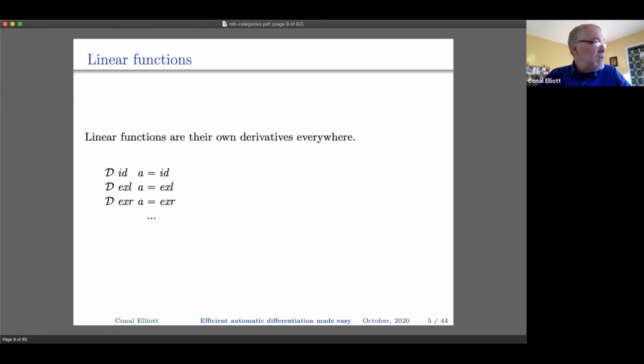In higher dimensions, you might expect the derivative to be the identity matrix, the matrix with 1s on the diagonal and 0s everywhere else. That matrix is called the identity matrix because it denotes the identity function, the identity linear map. All right, so those are the 3 things we need to know about